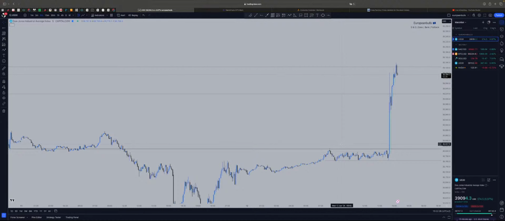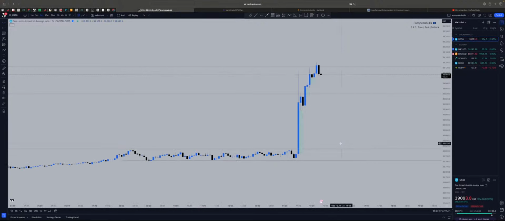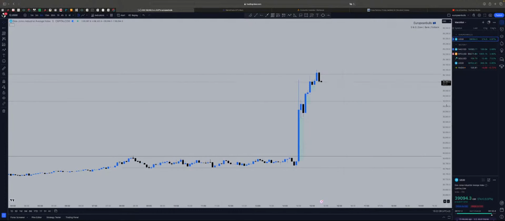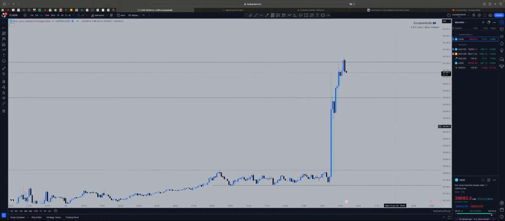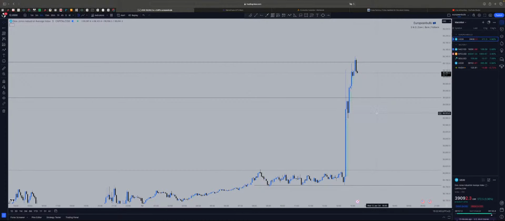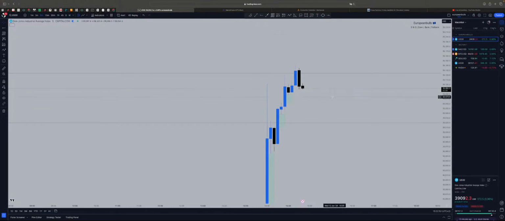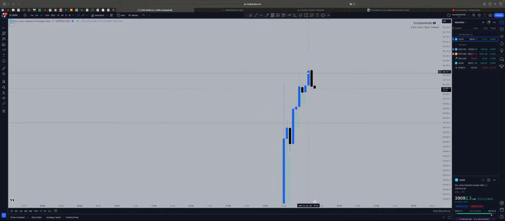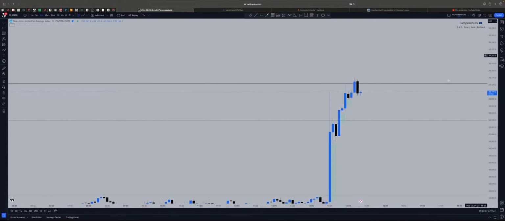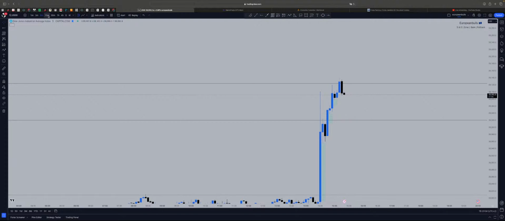MACD, divergence and convergence, all these things I've left behind because I've tried literally everything. Ichimoku cloud, if you see my charts from before, it's a mess. I mean, that's how it is for everyone. But as soon as you learn price action, as soon as you learn the structures and how the market exactly moves, you would not want any indicators on your chart because it makes no sense.